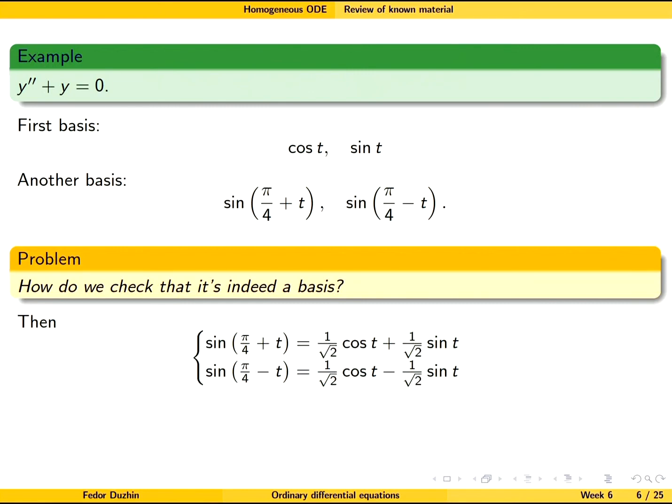Also, notice that we can construct the second basis from the first basis by multiplying with this matrix: 1 over square root 2, 1 over square root 2, 1 over square root 2, and minus 1 over square root 2, and the determinant of this matrix is actually -1, so this is an invertible matrix, and indeed it means that